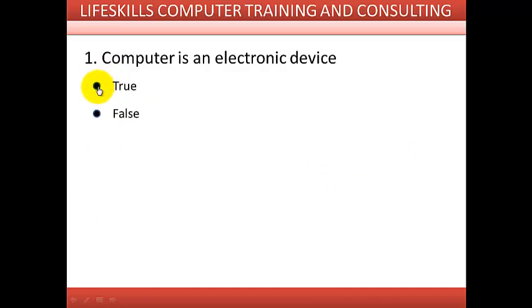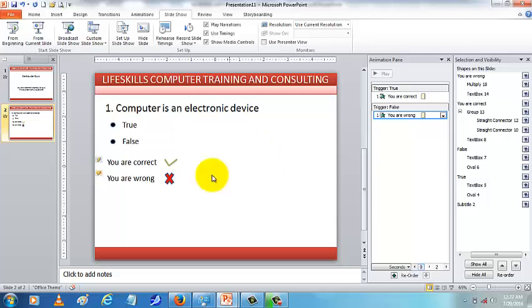You can see that my arrow is changing to a hand to tell you that when you click on this, it says you are correct. When you click on this, it says you are wrong. So you can see how that works. Okay, so when you click on that, that is the end of that show. You can see that triggers are very good in making some effects in your PowerPoint presentation.